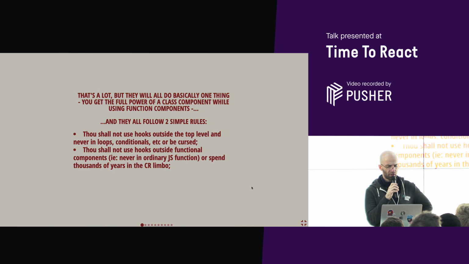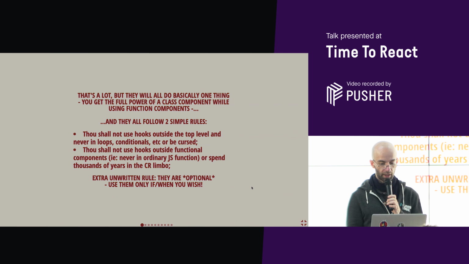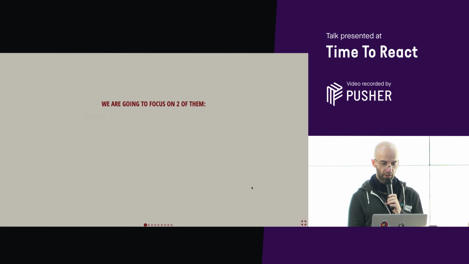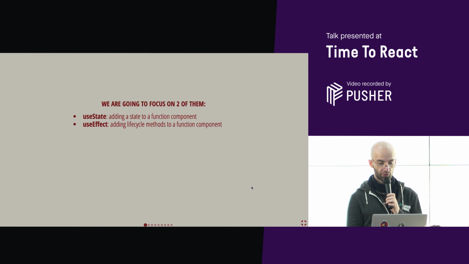That is also going to be kind of messy. I don't know, to be fair, if the latest update of ESLint is going to give you some warning in this regard. If it doesn't, you're in for some big trouble. You can try in your own spare time, but I will not recommend it. Again, the extra rules are optional. Don't feel forced to use them. I think there are a few good use cases for them, but let's move on. Let's focus on useState and useEffect, the ones that I mentioned before.